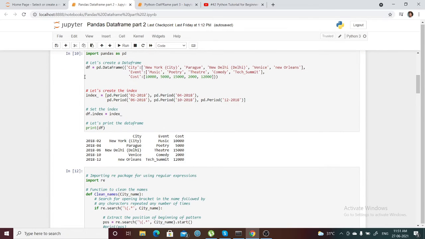Okay, so I've created one more data frame to show you one more example. I have just changed this particular city name. Earlier it was New York, but I created a bracket city and New Delhi with a bracket Delhi. That is a new thing I have created in this data frame.